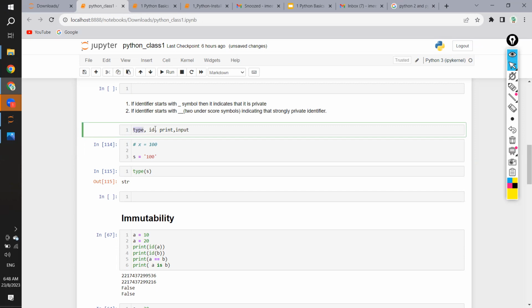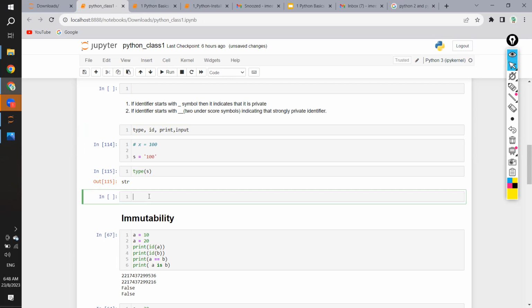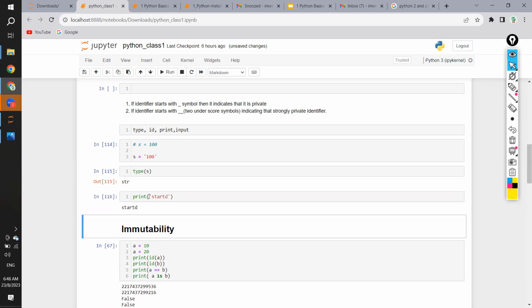After that, I'll come to id, but after that there is print and input. So what is print? Print is, as you know, just to print something. We can use this print statement. Print statement is very simple,